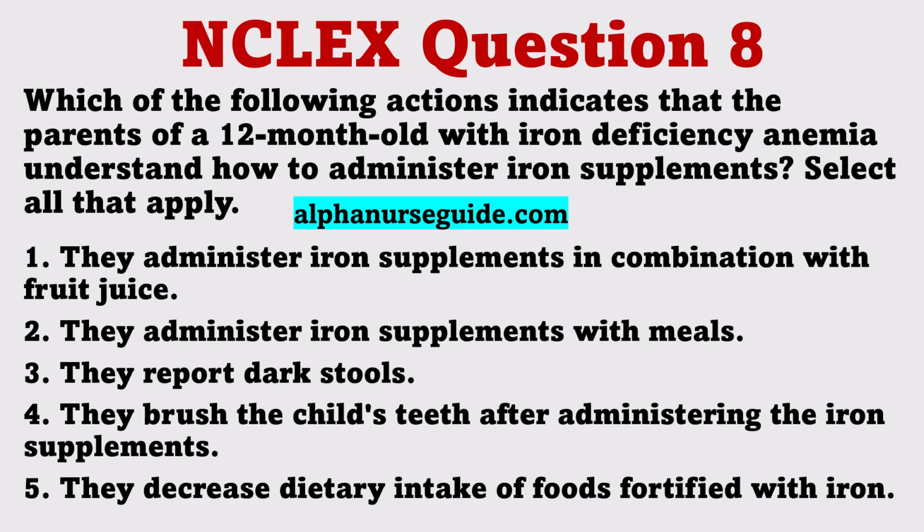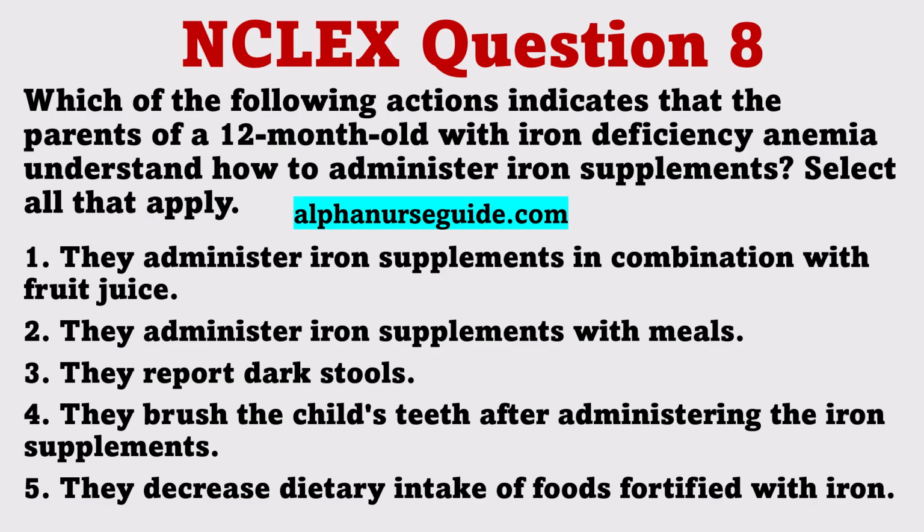The correct answers are 1 and 4. Parent teaching concerning a child with iron deficiency anemia should include directions about giving iron combined with fruit juice in divided doses between meals and with a dropper for a 12-month-old or through a straw for older toddlers. Iron stains teeth, so brushing the teeth and administering liquid iron through a dropper or straw are necessary to prevent